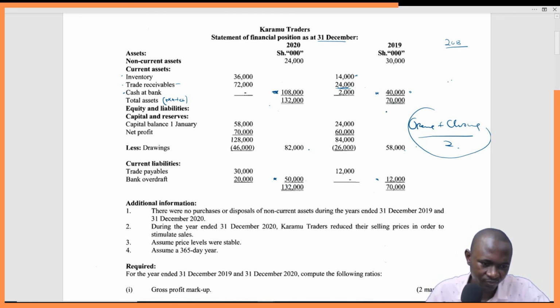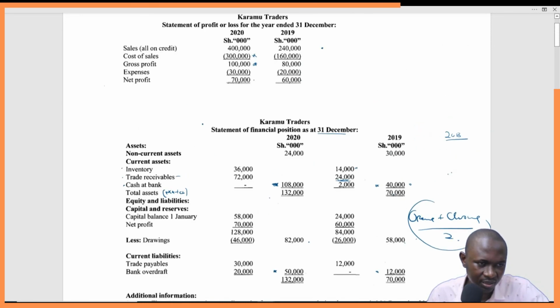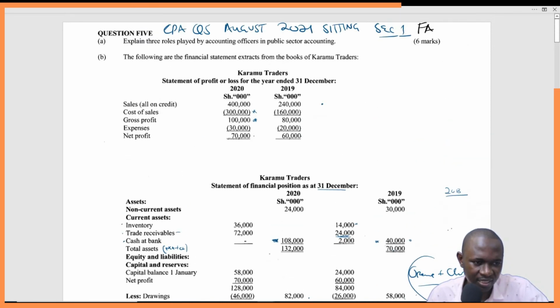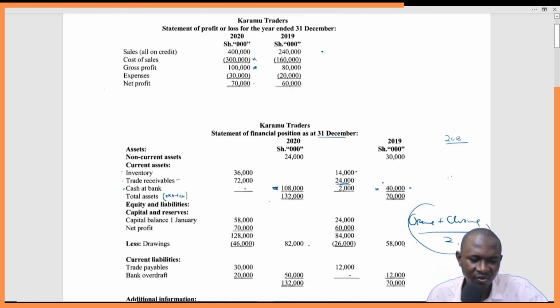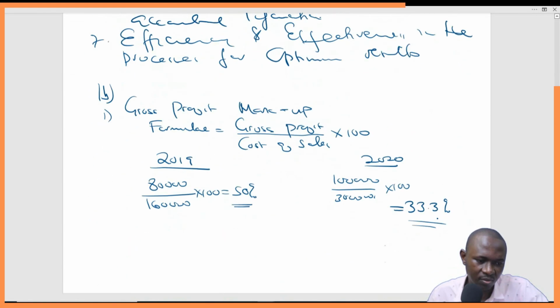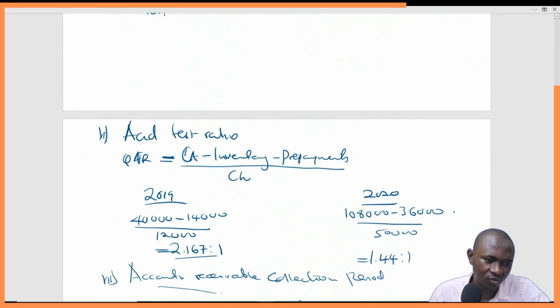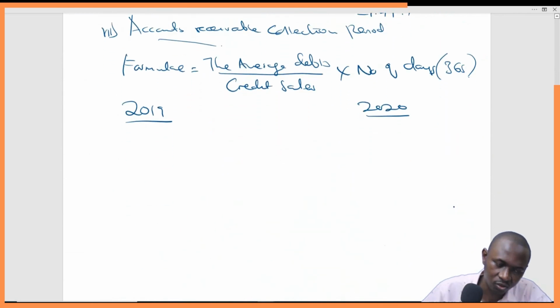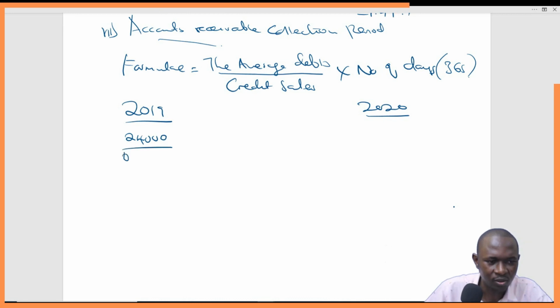What are the credit sales? Yeah, credit sales, all on credit. In 2019, you have 240,000. So it's 24,000 divided by 240,000. So we'll come here and say 24,000 divided by 240,000 times